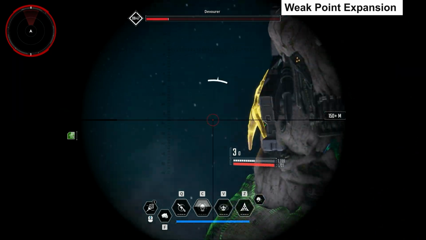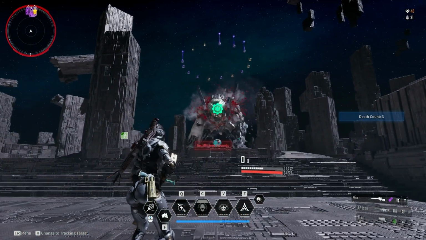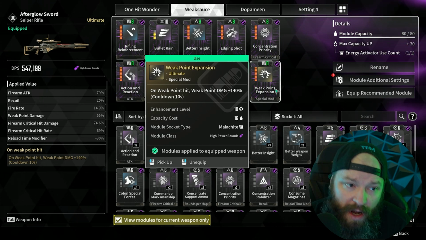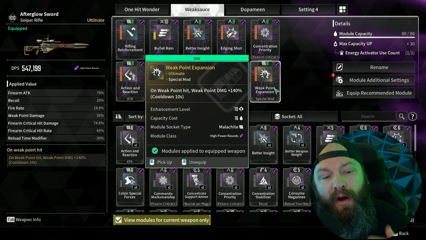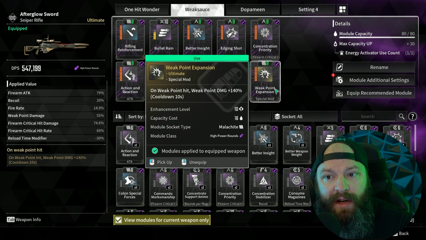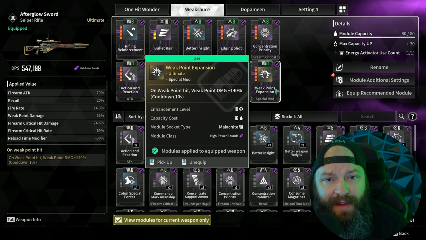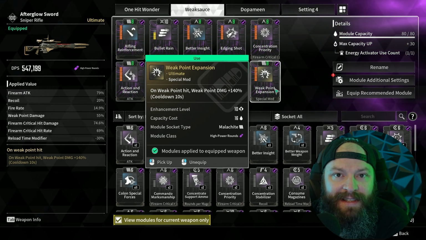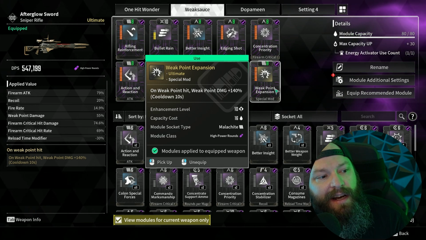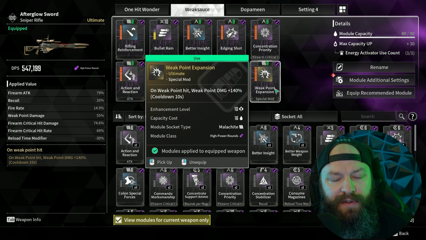Now the boss is solely focused on you, as are his adds, and the pressure's a lot more on you to essentially stay out of trouble while also pulling off these shots. In that case, I feel that it's far more important to not put all your eggs into one basket with this big shot after a reload and then suffer for damage a little bit after that, or maybe not have enough bullets left in your magazine or in your reserves to reload to get the benefit. And I think in this case, weak point expansion is much better,